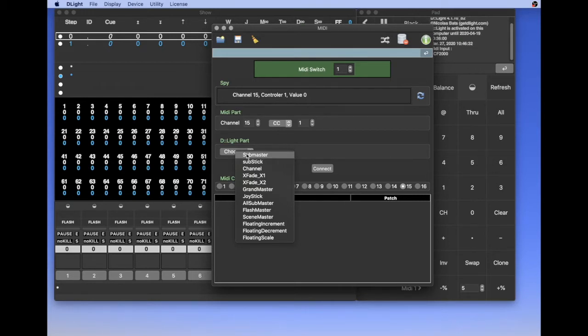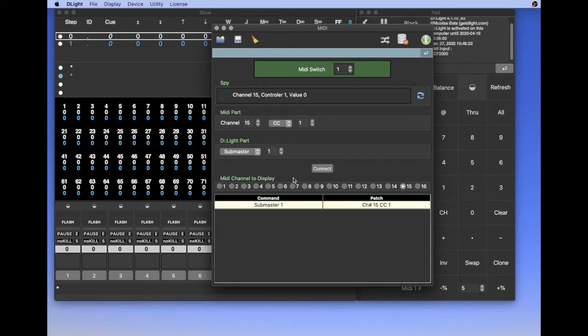Let's choose Submaster 1, for example. Then I click on the Connect button. You see Submaster 1 is now controlled by this CC.